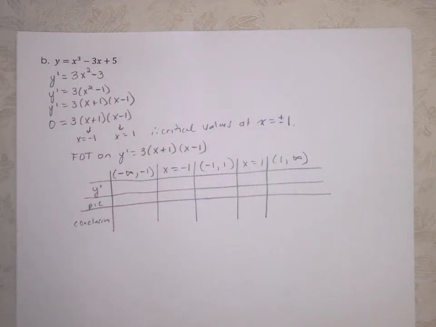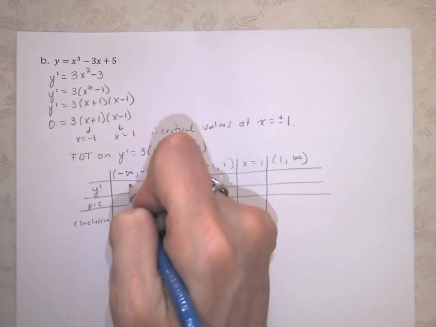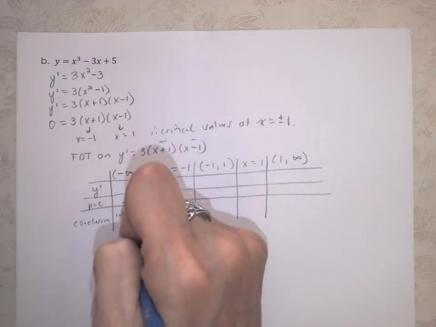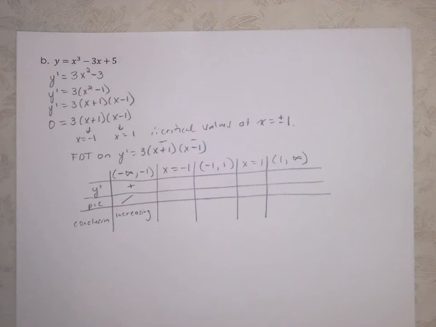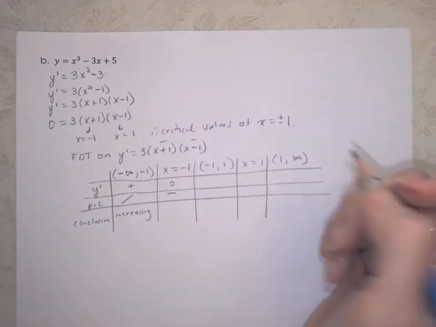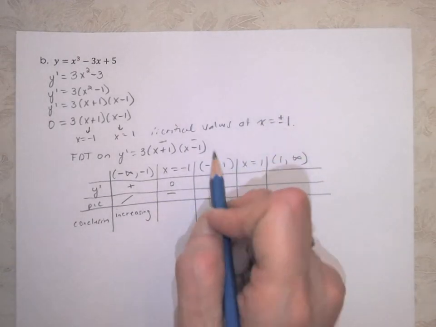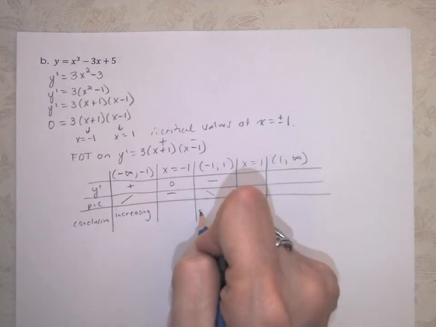So from negative infinity to -1, I could pick a number like -2, which would make this negative and this negative. So overall I'd be positive, which means I'm increasing. My tangents would be positive. At x equals -1, tangent 0. Between -1 and 1, I could choose 0, which would make this positive and this still negative. So overall I'd be negative or decreasing,